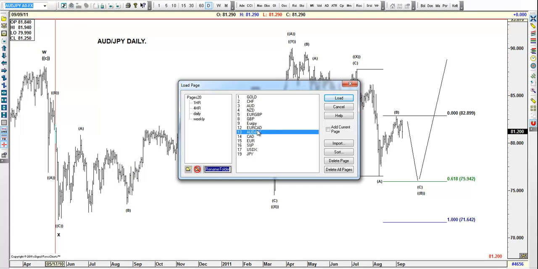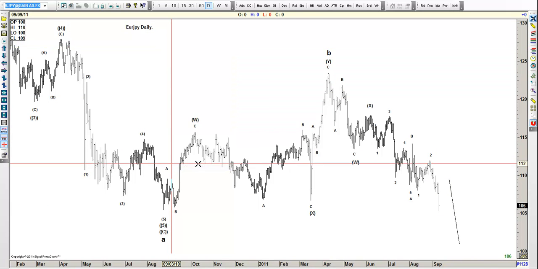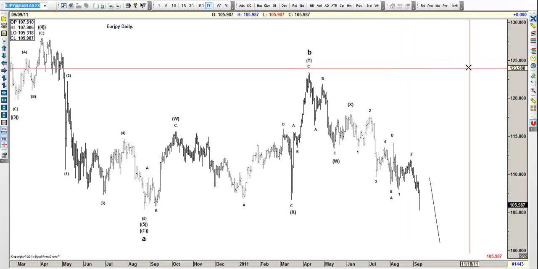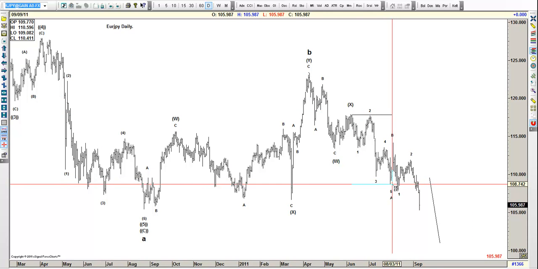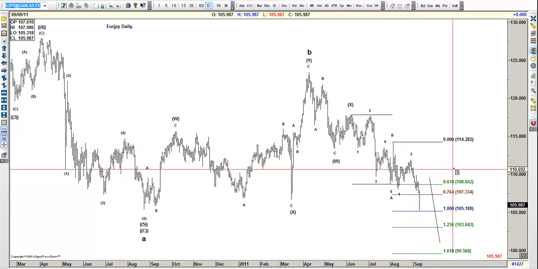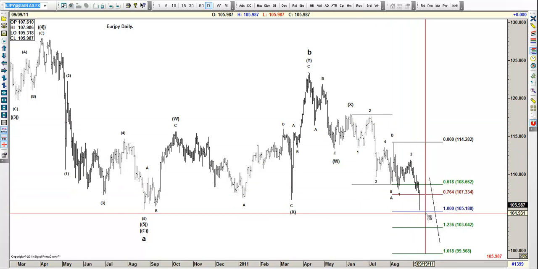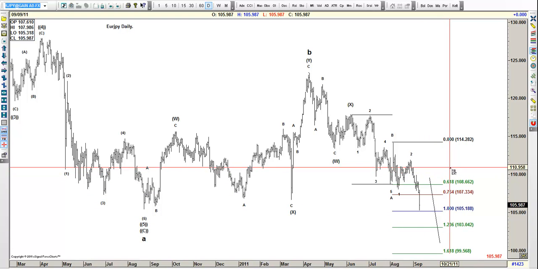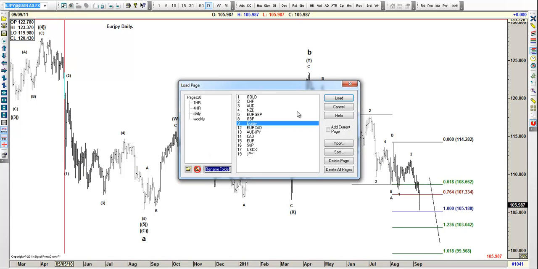Now the euro yen dropped pretty hard also, and still we believe that the euro yen has more to the downside. Same with the euro dollar. Within this leg, I believe that the euro yen can go as low as... It's bouncing from the equal legs, but we need 5 waves. So it's possible we're going to get a 4 and a 5 to around 103 before another recovery in the euro yen. So in conclusion, possible more yen strength.